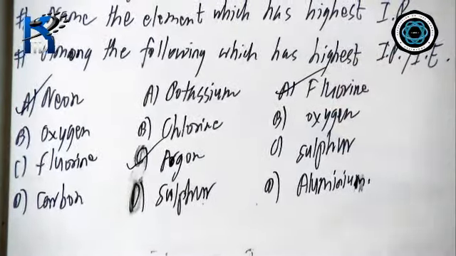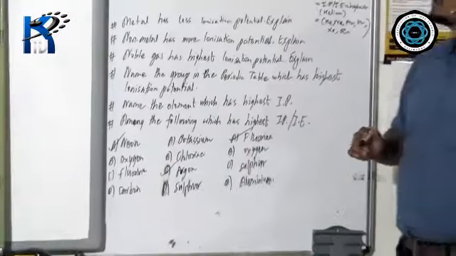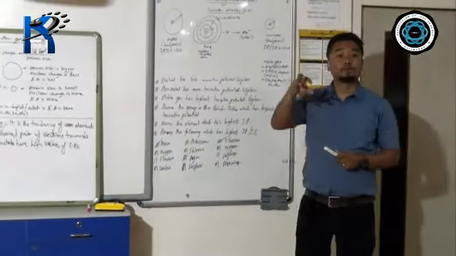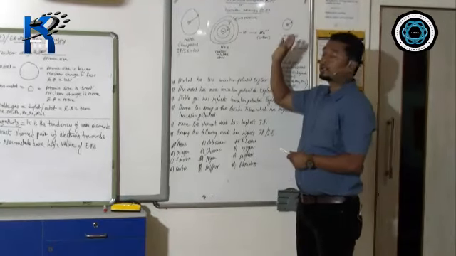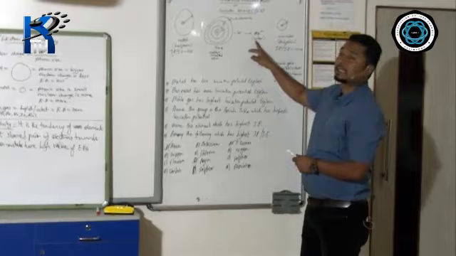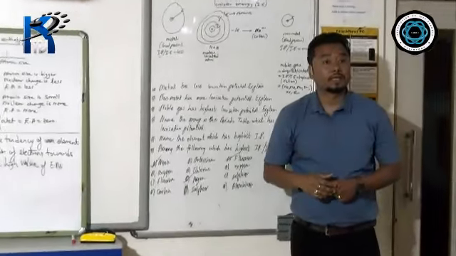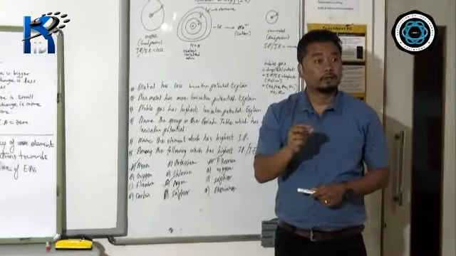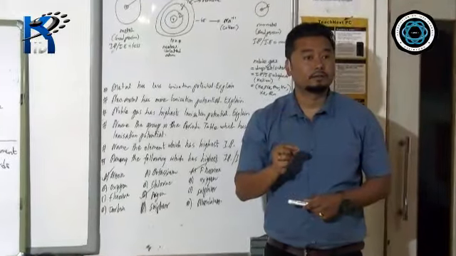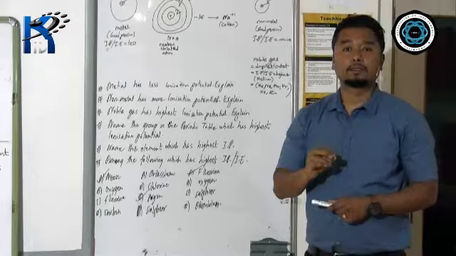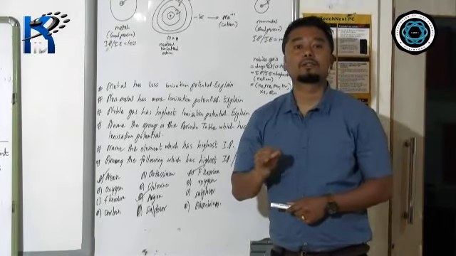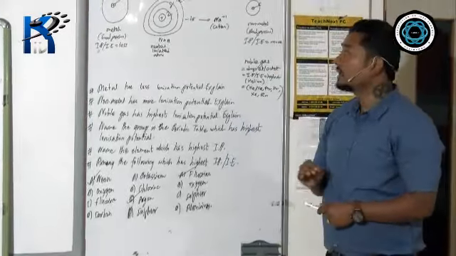So this is how I am going to end ionization potential. So what is ionization potential? It is the amount of energy required to remove an electron from the outermost shell of an atom. And due to that, cations are formed. So one objective question to you again. Listen carefully. The energy released to form a cation is called dash. So the answer will be ionization potential or ionization energy.